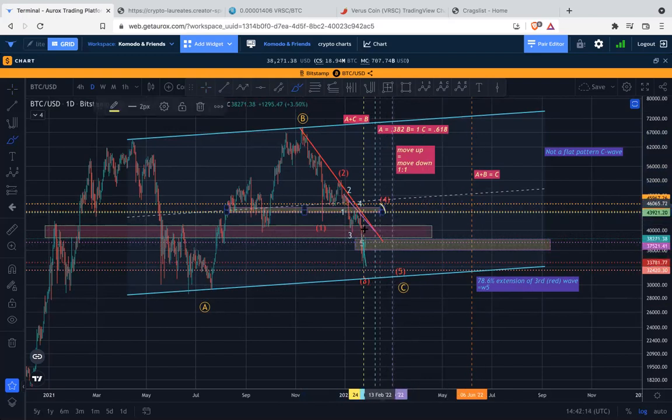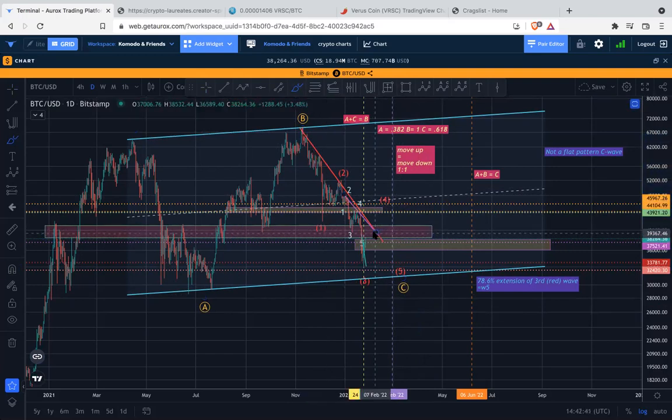Question is, are we in now this degree, this 4th wave here of this whole impulse, which would match with this 3rd wave degree? So we can look for retracements of this move. Okay, and so we'll do that. And then we can also look for extensions of this 3rd wave to find where the 5th wave would be. But here's the problem that I'm seeing: the 3rd wave is too close to the 1st wave